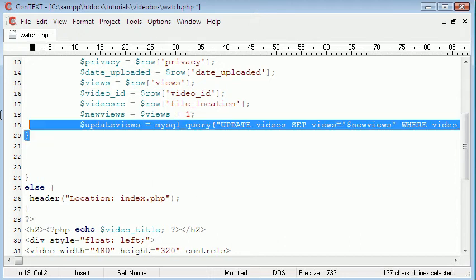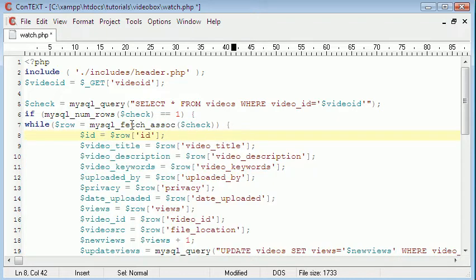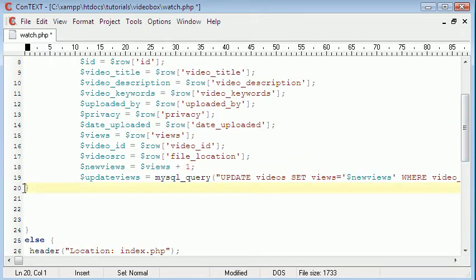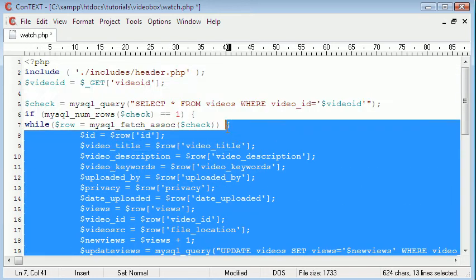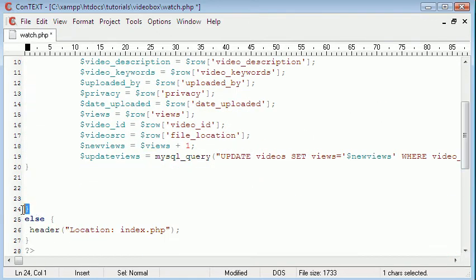And the second curly bracket, which is this one, is just specifically for getting information about the actual video out of the database. So whatever's enclosed between these two is just specific to the videos, but whatever is between this and this curly bracket, well, it doesn't have to be specific to the video, it can be anything at all. So that's where we're going to put it here,